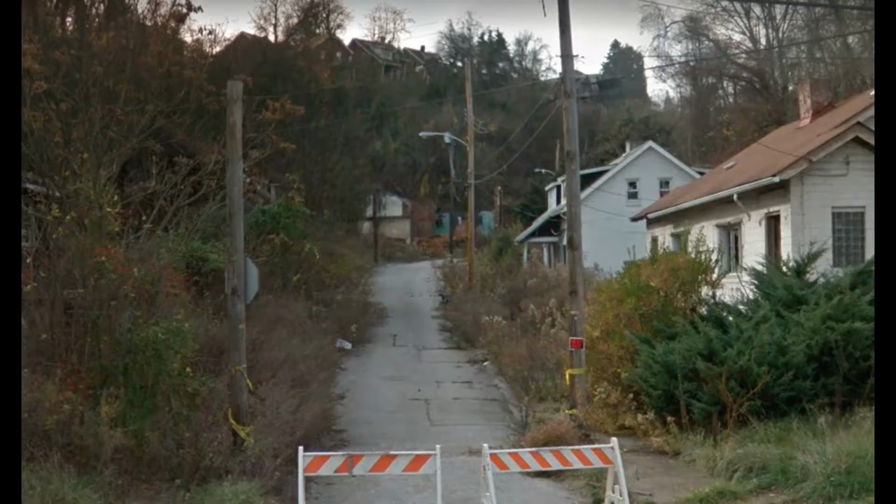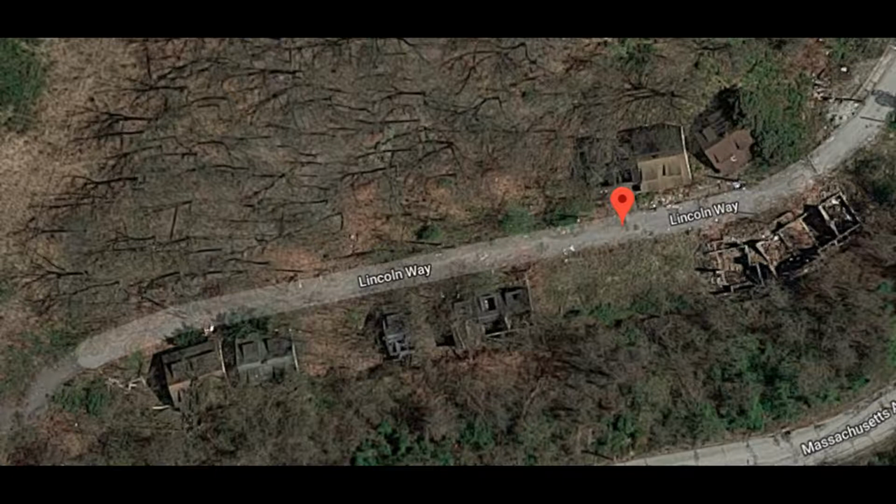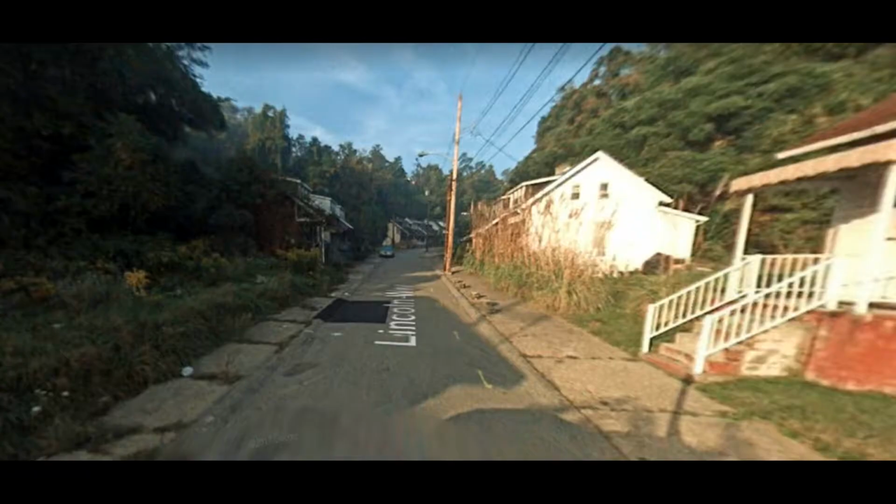And essentially what gives this site so much attention is that it's this stretch of road that at one time had at least 20-30 homes on it, still has a few standing there, but as of today, I think even as of almost 10 years ago, the whole street is completely abandoned. There is not one single house that has been lived in up there in years, and people who have gone up there and adventured have gone into homes and discovered a lot of them almost still completely filled with people's